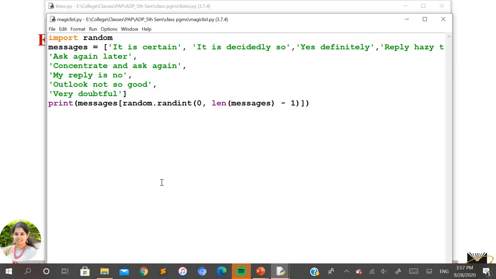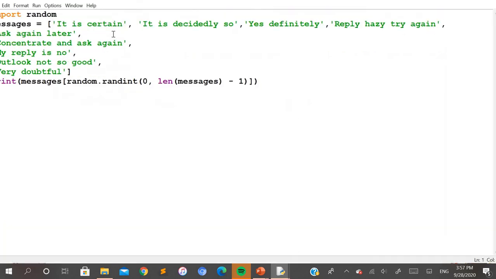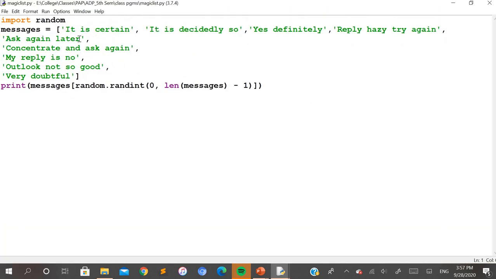What is done in this program is, there are some poetic lines that have been written over here, and all the lines have been taken into a list. You can see here messages is equal to a list consisting of all the poetic lines. The intention is that whenever we run this program, a random line needs to be selected from this list and displayed on the screen.